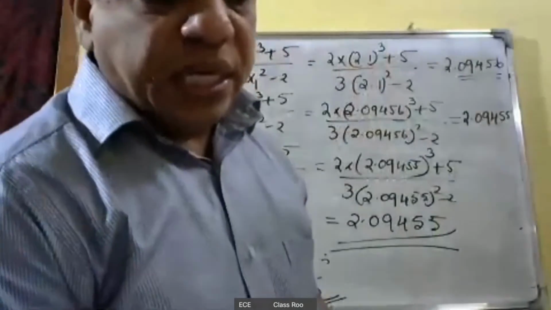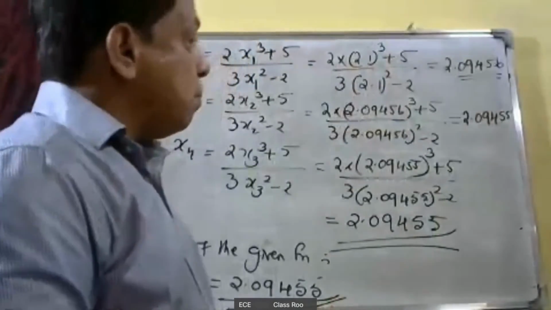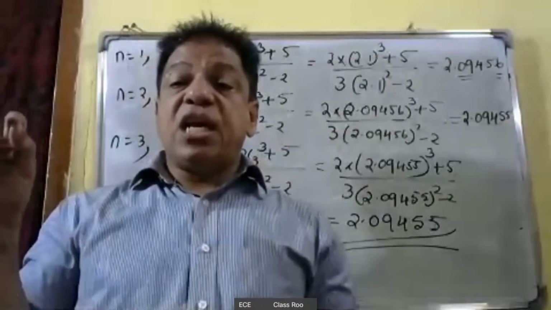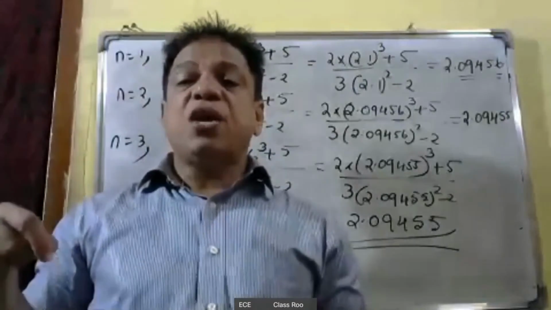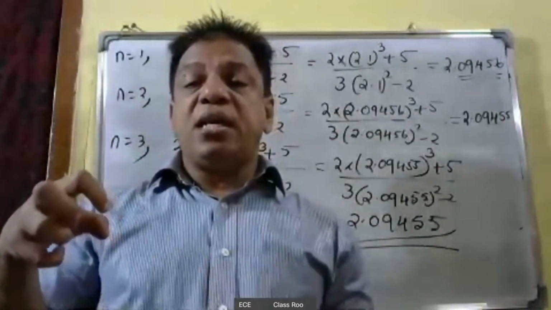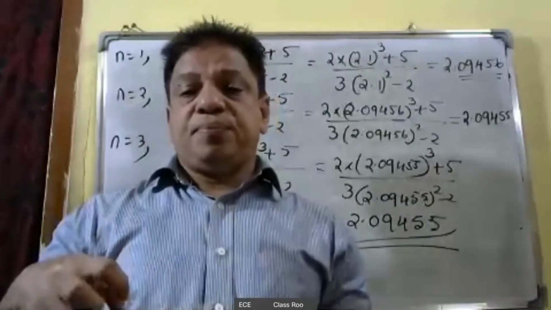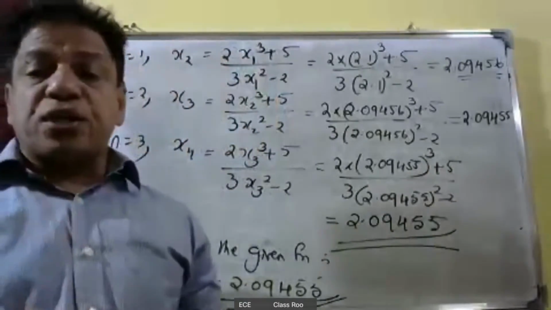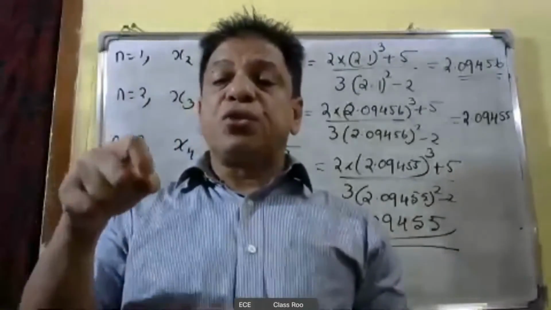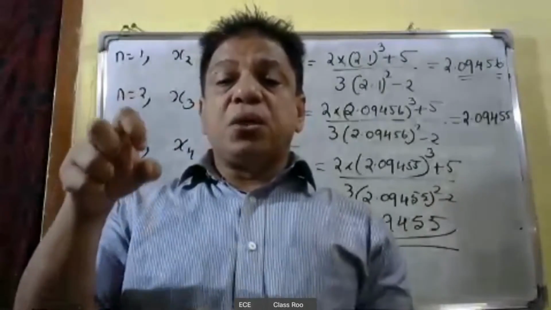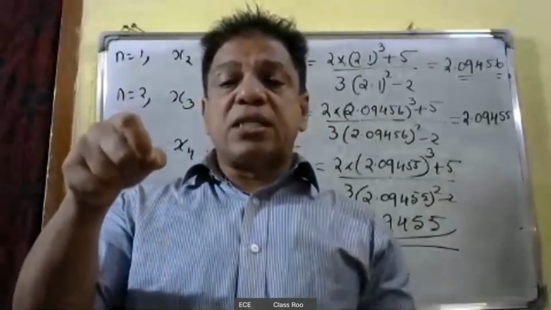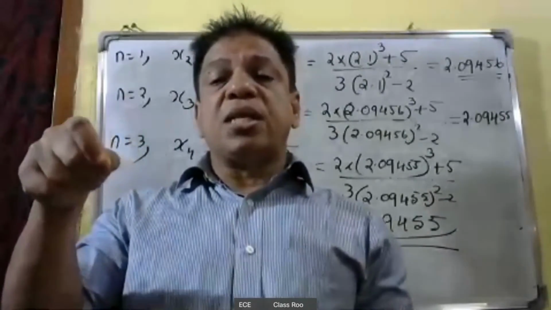In Newton-Raphson method, we should remember the formula xn plus 1 is equal to xn minus f of xn divided by f dash xn. By using this formula, we can easily find the root of the given function. Here we have to find out the root of function correct to 5 decimal places. For that, we use the formula. First, we find out the root lies between 2 and 3. For that, we put x is equal to 0, 1, 2, 3, etc.